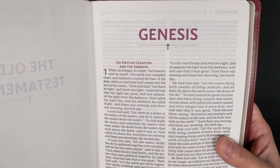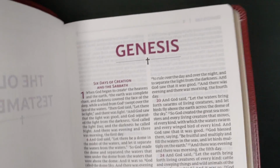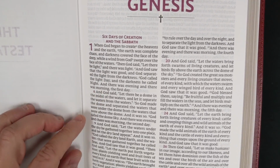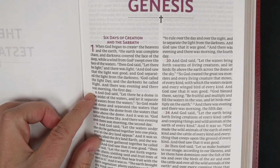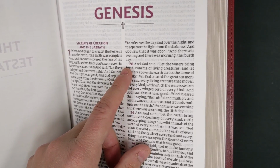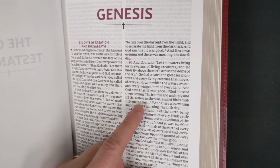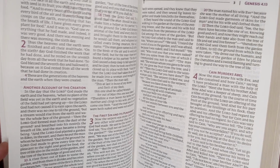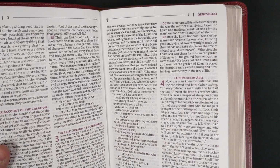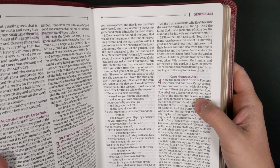And again, that two-color scheme looks really nice with the titles in that reddish color. And so you see the reddish color on the heading here, the chapter number, as well as the beginning of the paragraph verse numbers. And then those verses that begin the paragraph are in a larger number, and the rest of the verse numbers are smaller. And those two different size verse numbers, I think, are typical for the Zondervan NRSV Bibles. Really kind of keeps the verses from being so noticeable when you're reading the paragraphs,